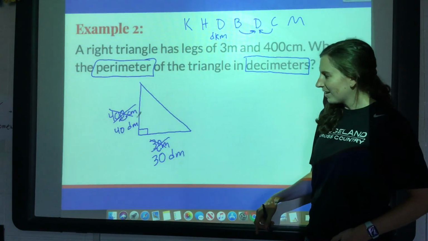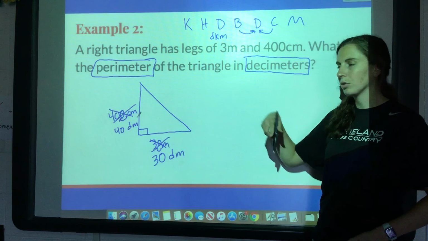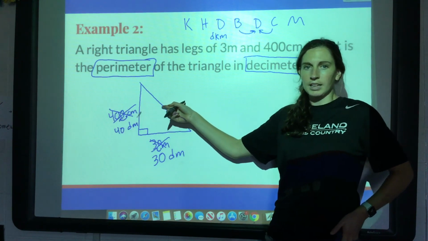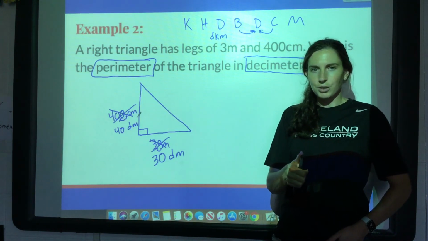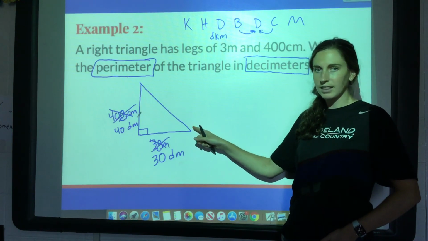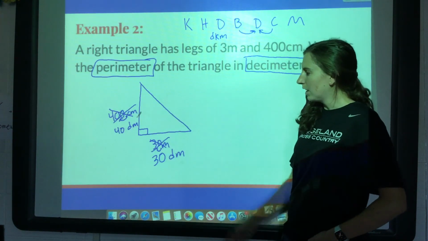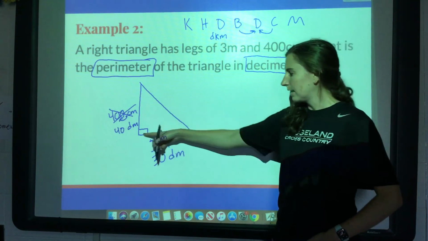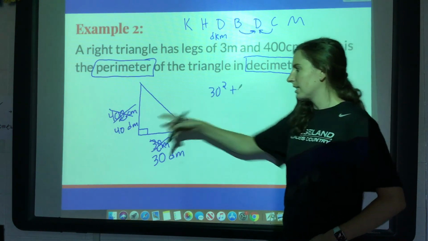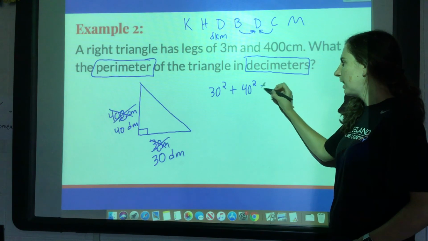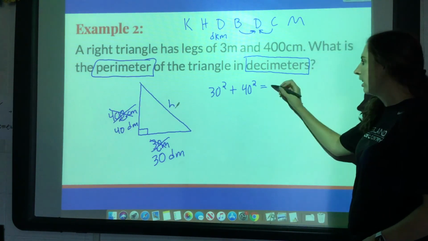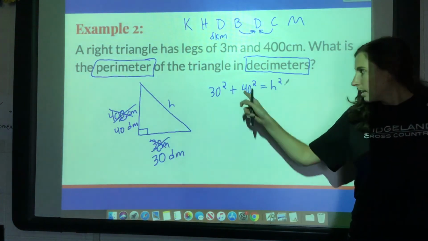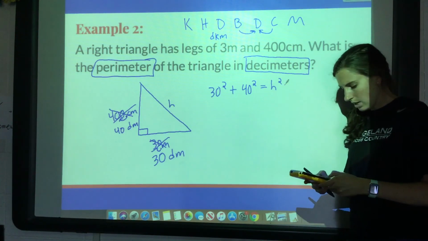All right, so now I've got 30 decimeters, 40 decimeters, and I want the perimeter. The perimeter is add up all the sides, so how am I going to find this third side? Good thing you spent most of 8th grade doing this. This is going to be our good friend, the Pythagorean theorem, because anytime you have a right triangle, you can use the Pythagorean theorem. So I know that this leg squared plus this leg squared equals, I'm going to call this h for the hypotenuse squared. If you do this plus this, you get